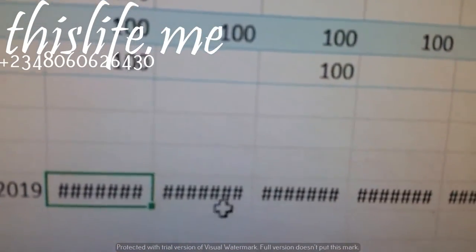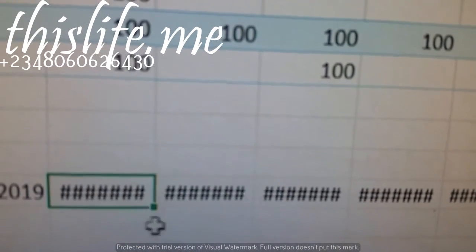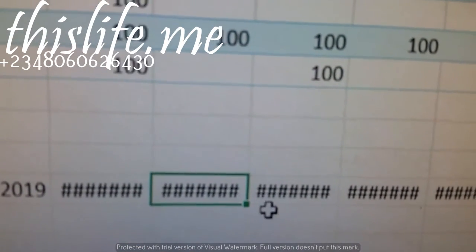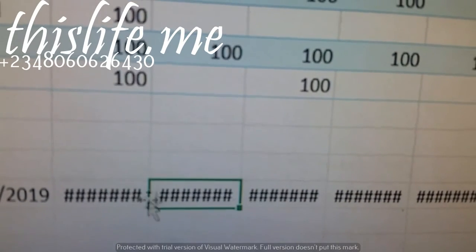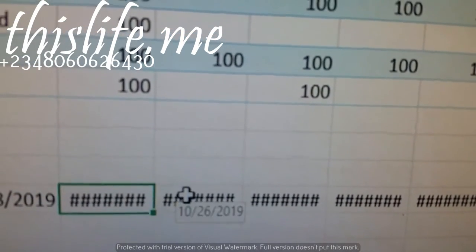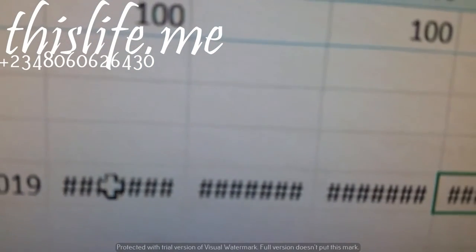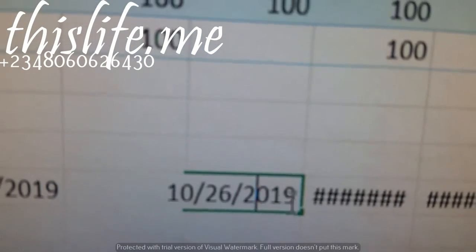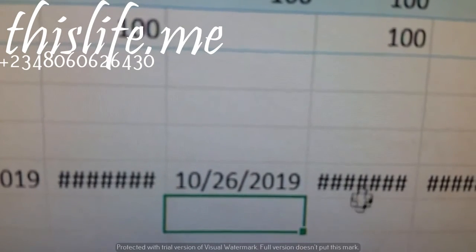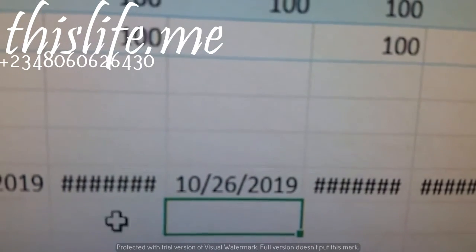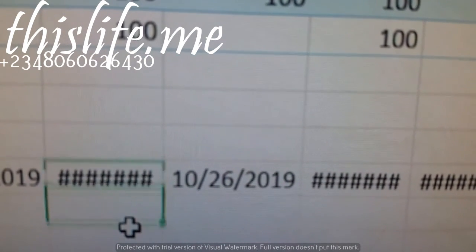In Excel, when data in any particular cell is shown in this format with crosses, it does not signify an error. What this signifies is that there is no allowed space to show the data in that particular cell. So wherever you notice this, just know that it is not signifying an error.